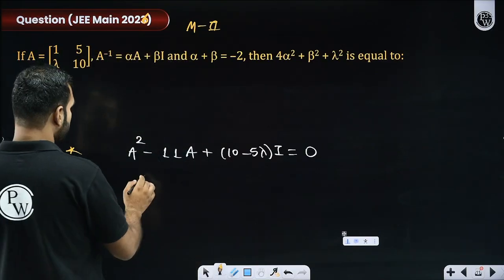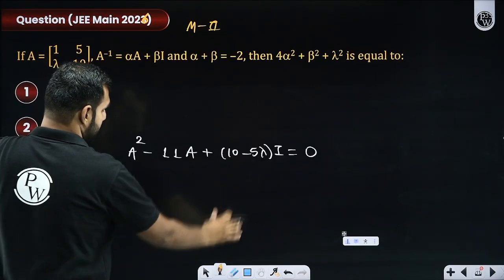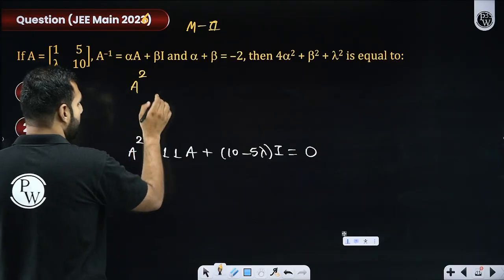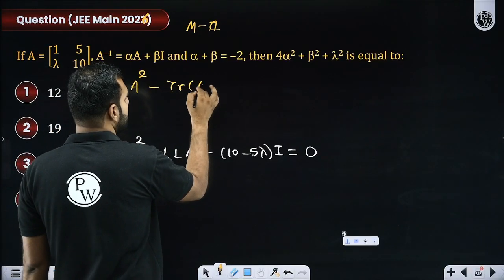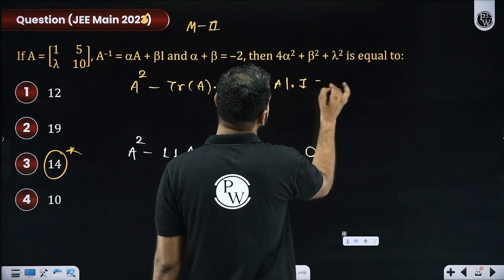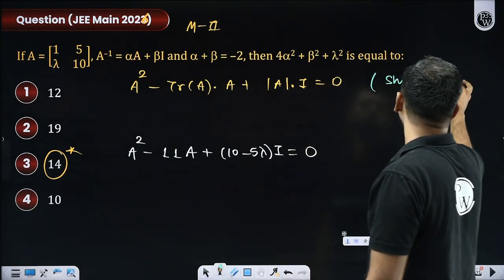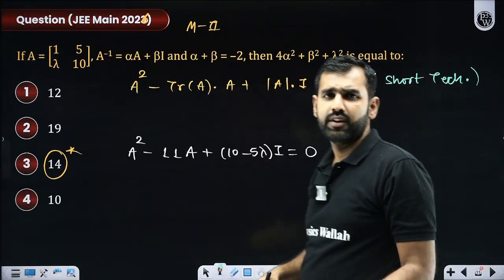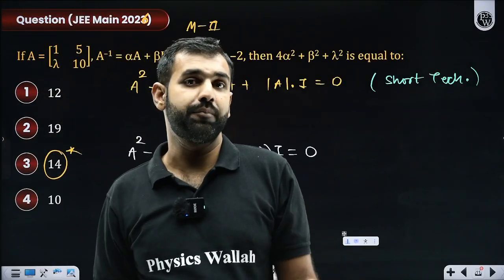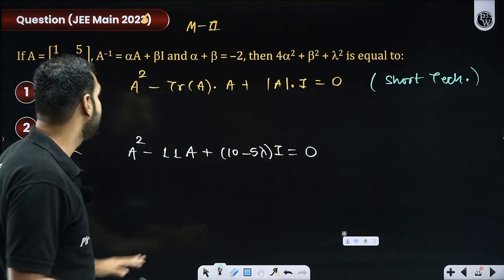I hope you do remember for a 2 by 2, look at this 10 plus 1, 11 and 10 minus 5 lambda, the determinant, yes or no. So I hope you remember if there is a 2 by 2 matrix, you write its matrix polynomial by A square minus trace of A into A plus determinant of A into I is equal to null matrix. This is that short technique which you can always use directly instead of investing your time in developing it. So I think we did 2 to 3 steps there which could have been skipped and you could have directly written this. I hope you are clearly realizing what A square is.